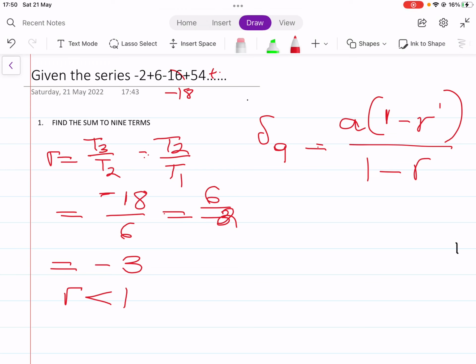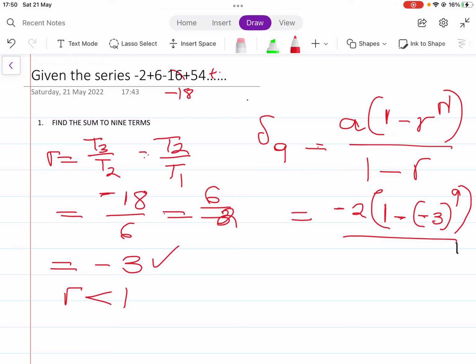This is equal to, a is the first term, in our case that is -2, times 1 minus, what is our r? This is -3. Let's put it in brackets because we have a power, to the power n, which is 9, all over 1 minus